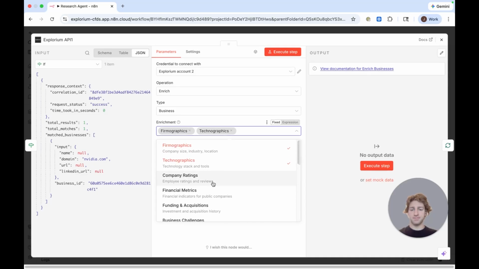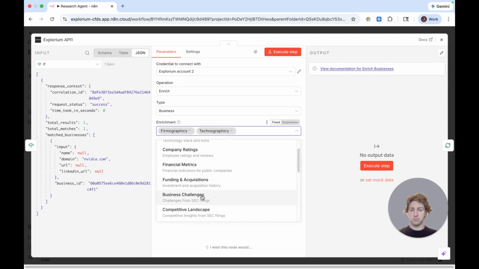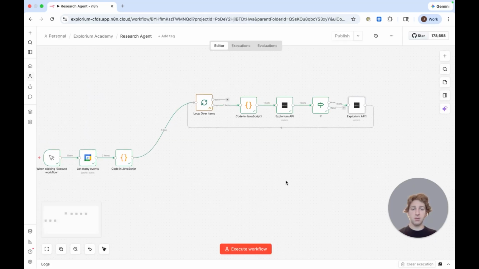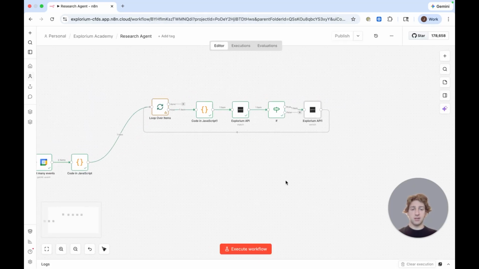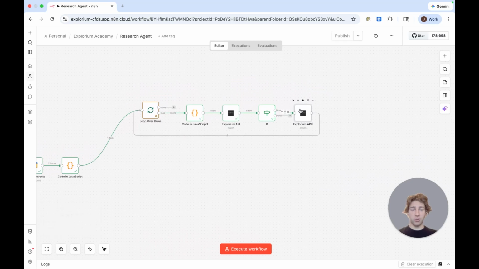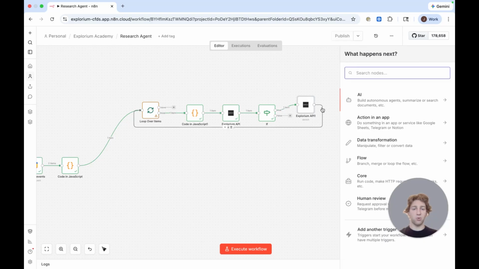Maybe some business challenges. All right. So that is done. We have our enrich node right here. And now another thing that could be interesting to add here is maybe looking at events that have been happening for this company. So if we go ahead and we click add here as well,